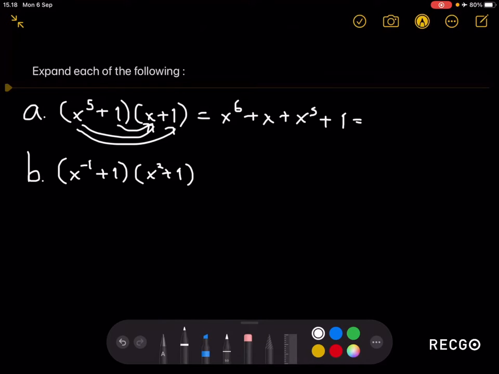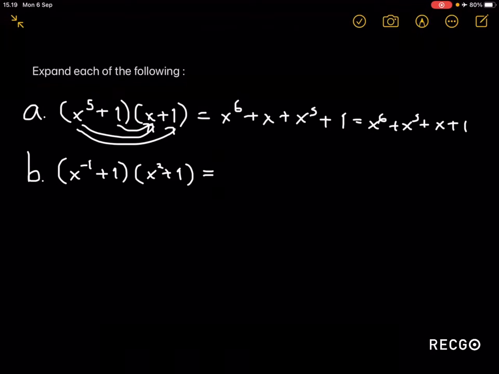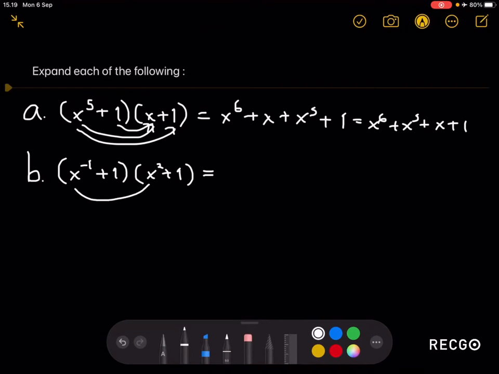Or we can rearrange this in decreasing powers. We have x to the 6th plus x to the 5th plus x plus 1. The similar thing can be done for part B, so we can just distribute the first two terms with the first term in the second group. So we have x to the negative 1 times x squared, that will be just x, and then 1 times x squared, that will be just x squared,